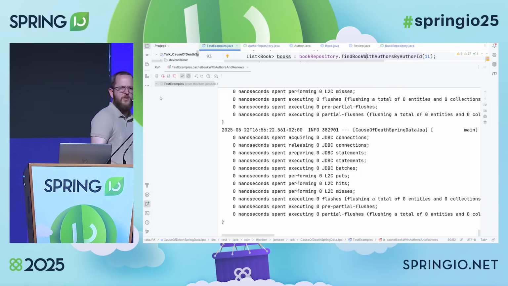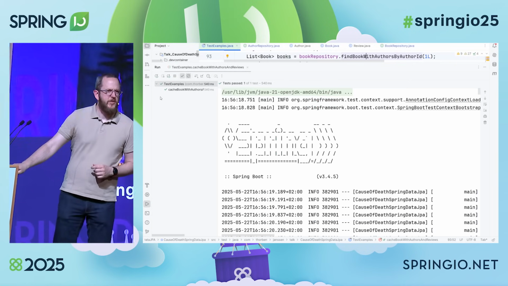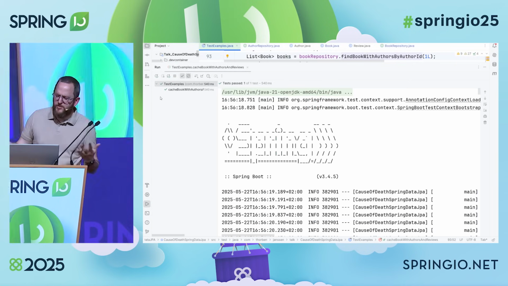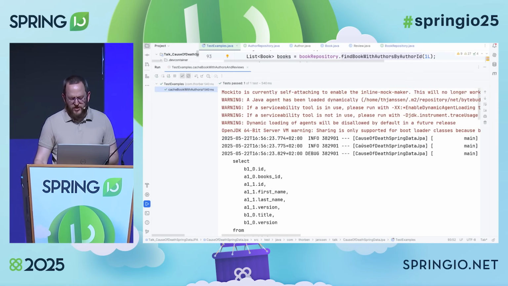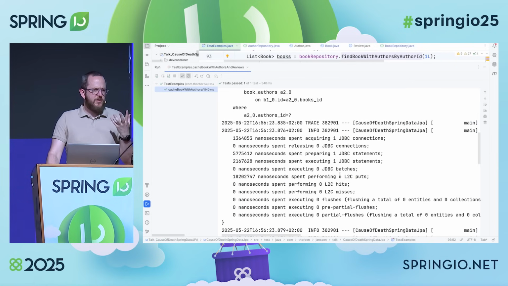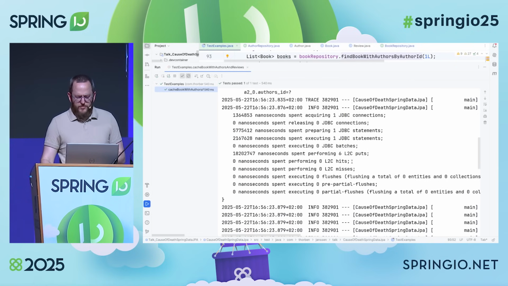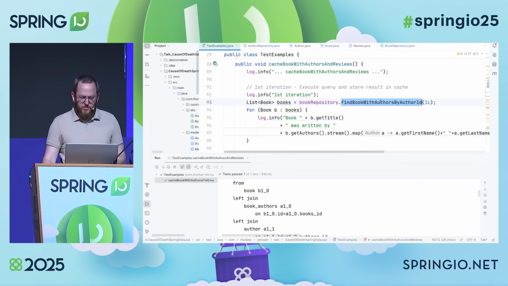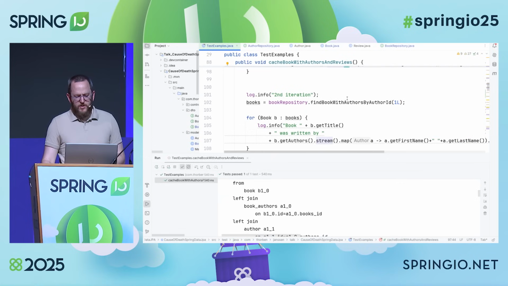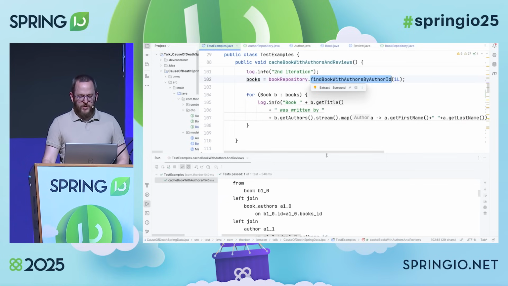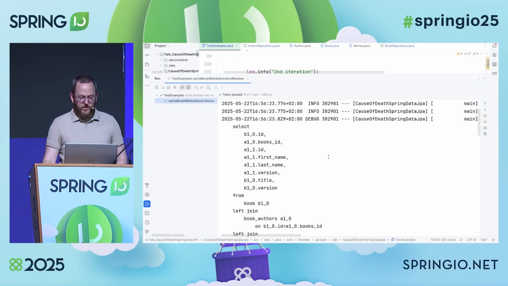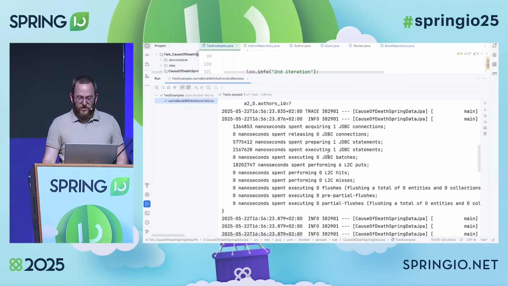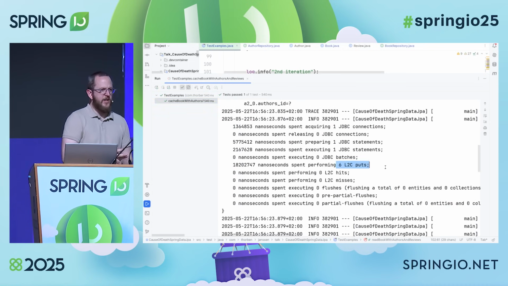Who uses caches? Well, that's good. Not that many. I mean, it's not good, because I don't think that caching is in general a good feature. It's because it's a little bit tricky to actually get a performance benefit out of it. Let's take a look at the output. We ran the query twice to get a list of books and print out everything, and all of these entities are cached. And down here, we do the same again. And again, all these books and authors and reviews are cached, right? And we see that we put quite a few of them into the second level cache.